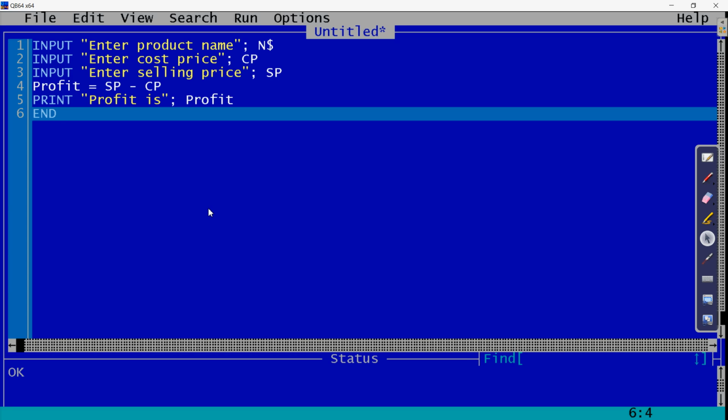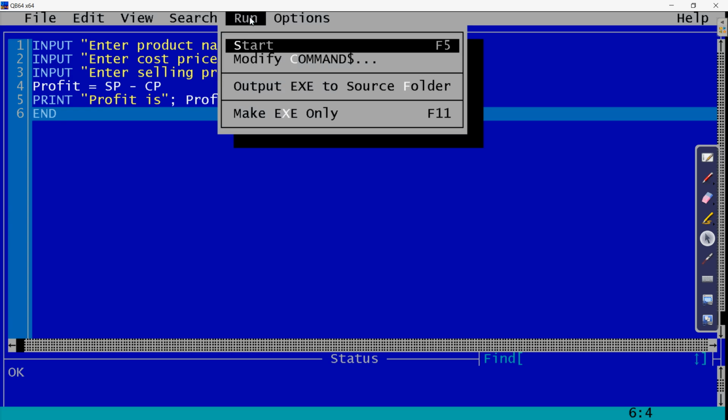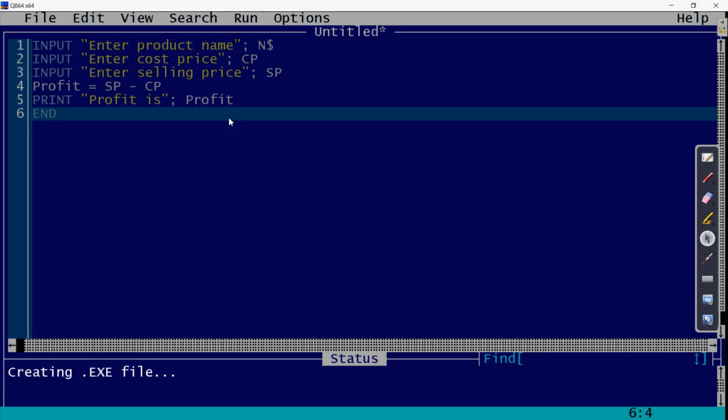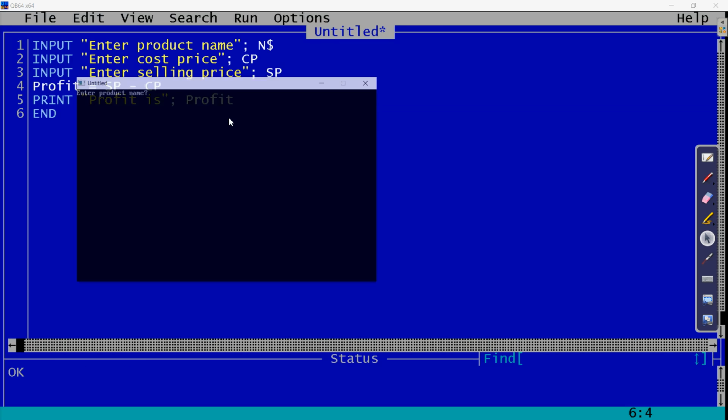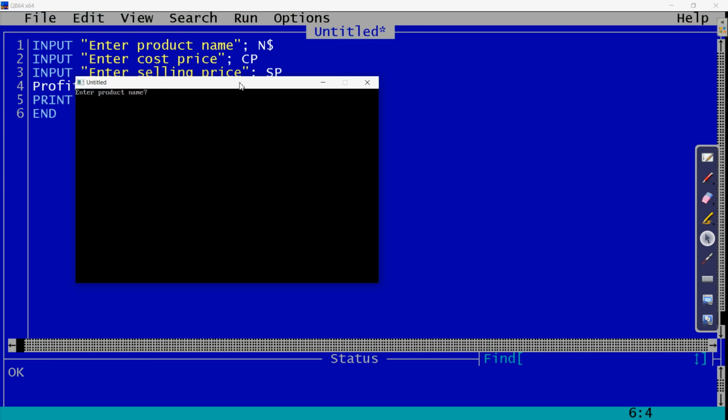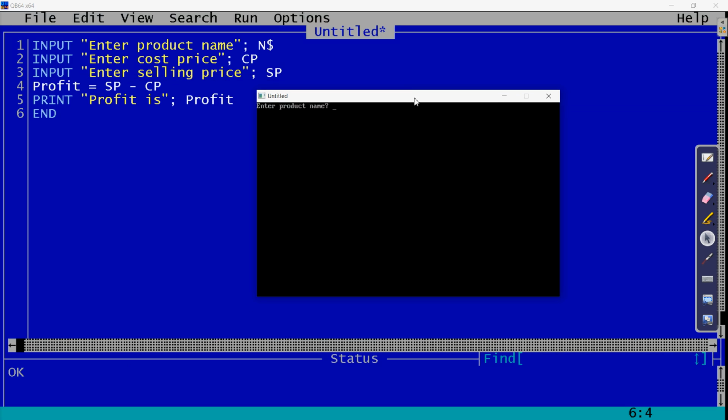Now let us try to run this program. For running, we can either press F5 or go to the run menu. Here let us see the output of this program in the black screen. First, whatever product you have purchased, we can write the name of the product. Suppose you have purchased computer, mobile, whatever is the item name, you can write.